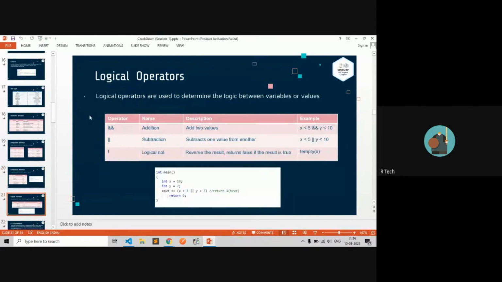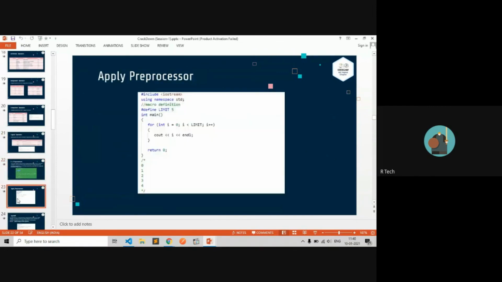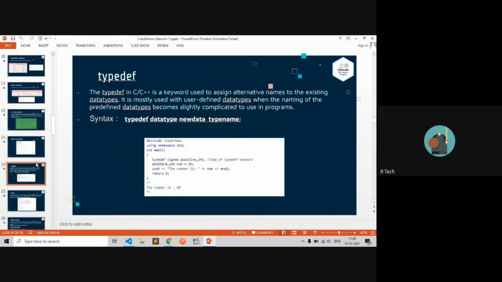After that, logical operators, which are mostly used with if conditions. After that, the preprocessor, and how a C program executes in a terminal. After that, we will introduce typedef.